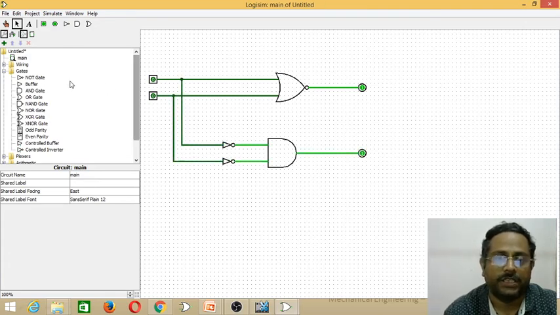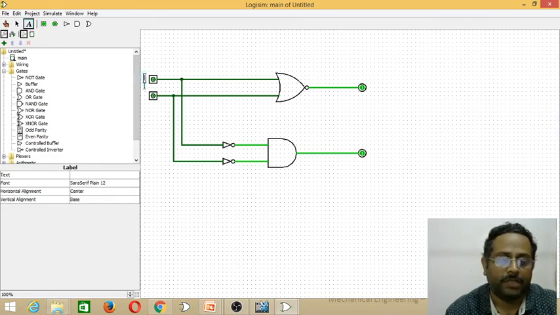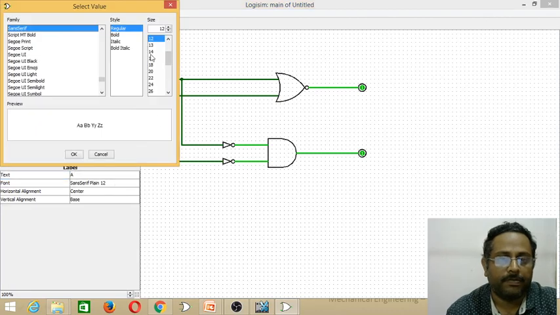After completing the circuit build, we can label the inputs, that is A, bold, change the font size to 16, then click OK.